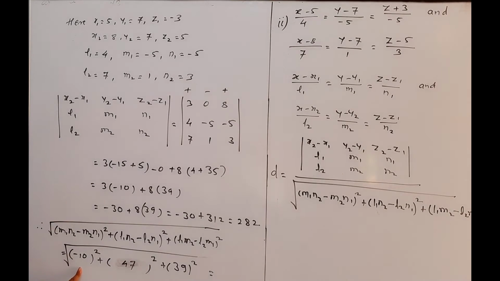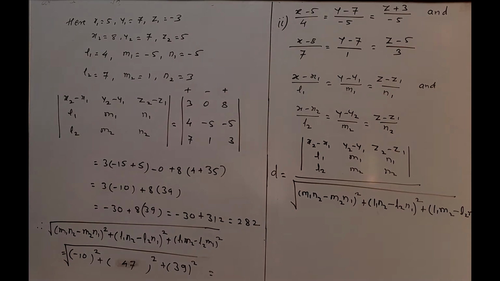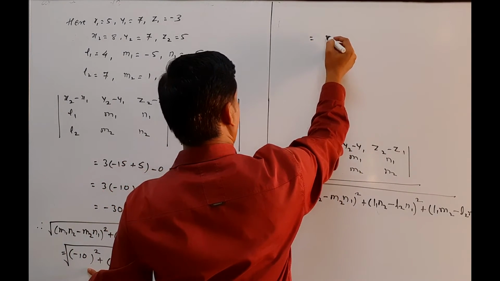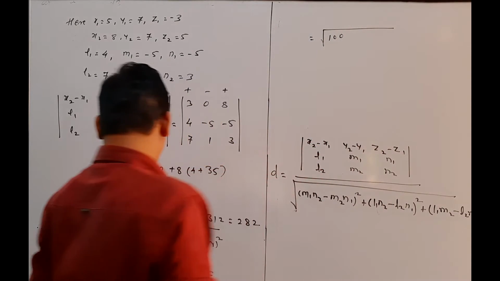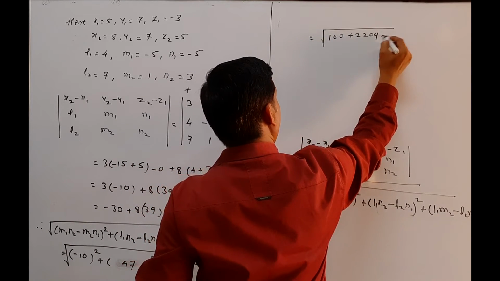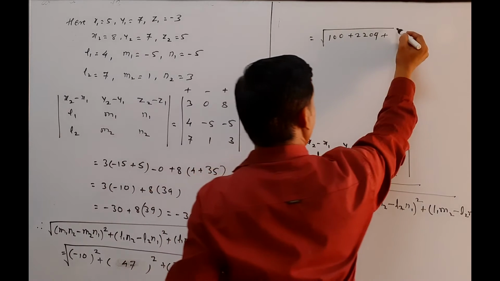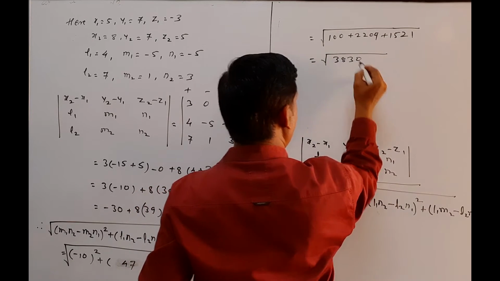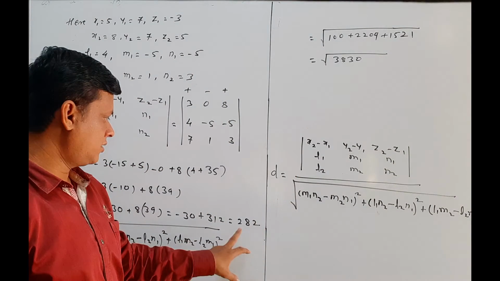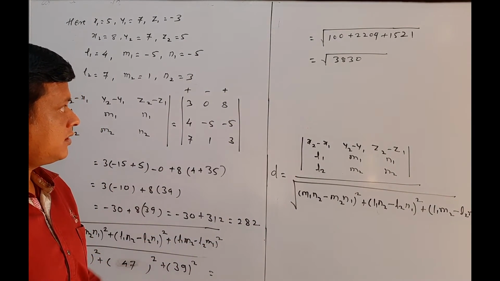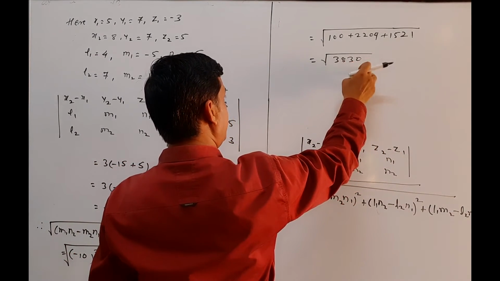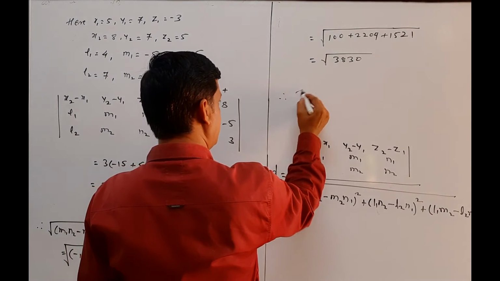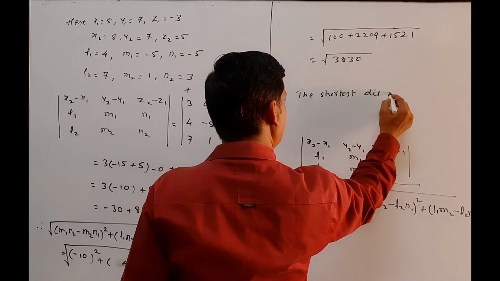Now you have to calculate the square of each term. So we write this as 10 square, which is equal to 100. In square root we get 100. Square of this 47 we get 2209. Square of this 39 we get 1521. So after adding this we get 3830. Now we calculate the value of numerator, which is 282, and the value of this root, which is root 3830. So we write the values of numerator and denominator. Therefore, the shortest distance is, so